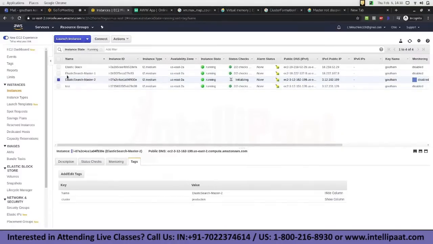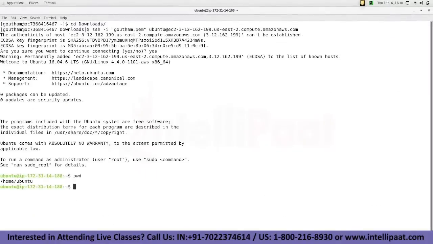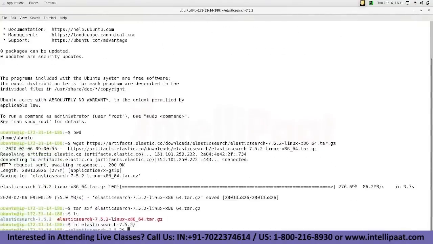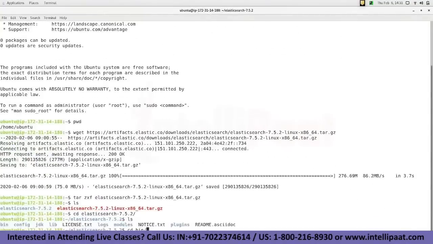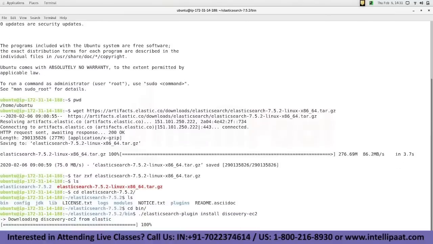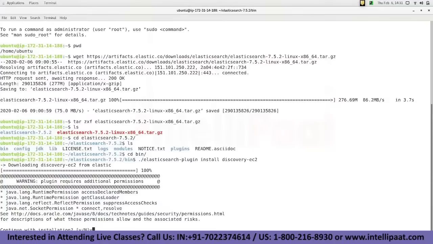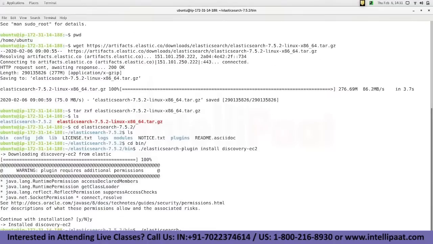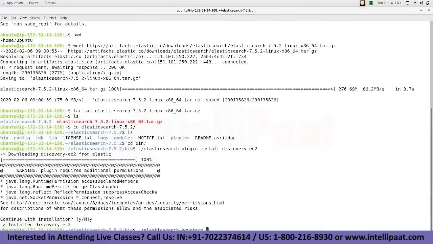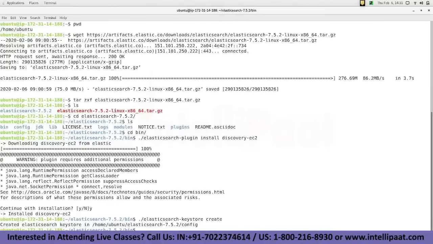Now let us log into the server. Let me reuse a couple of my commands here. Go to the bin directory. The first thing is you need to install your plugin. Once you install the plugin, then you need to install your key, which is going to be in the key store. Do the keystore create. If it tells you it's already there, it's fine, you can overwrite it. Then in the key store, you add ec2